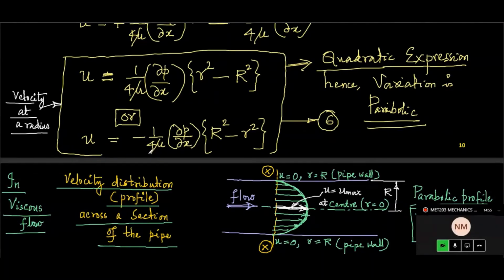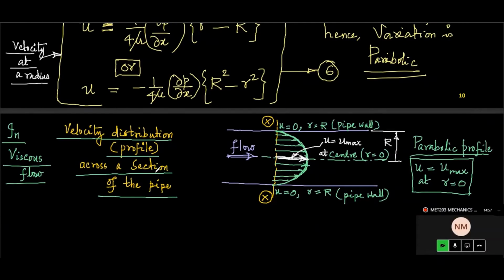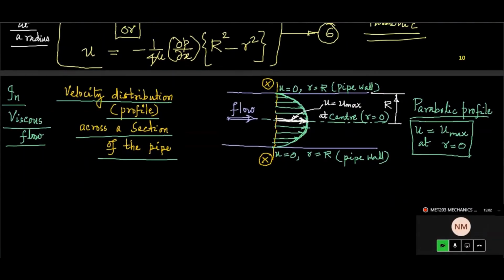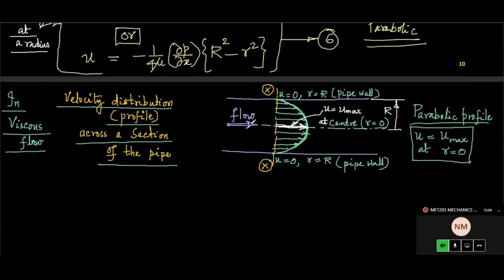So u is equal to, in that case, the maximum velocity will be what? This is the velocity at a radius given by this expression. And when you substitute small r is equal to 0, that means the center line of the pipe, the center of the pipe,